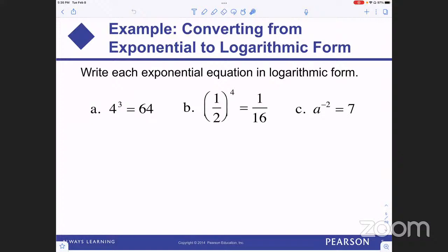Write each exponential equation in logarithmic form. The same way to go from log to exponential, we swung the base of the log and it became the base of the exponent. Now you can reverse that process to undo it, to put it back. So if we wanted to write